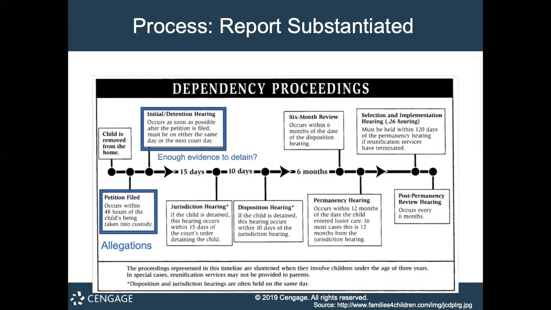Okay, so at the initial hearing, often these two things happen together, by the way. But the question is, is there enough evidence to detain? You've had a couple of days to put your petition together and to start your investigation, and there should be enough evidence to detain or not. A lot of times children have been removed based on what happens when the social worker initially shows up, which by the way is not something a social worker can do, it's something only the cops can do unless the parents agree. Anyway,